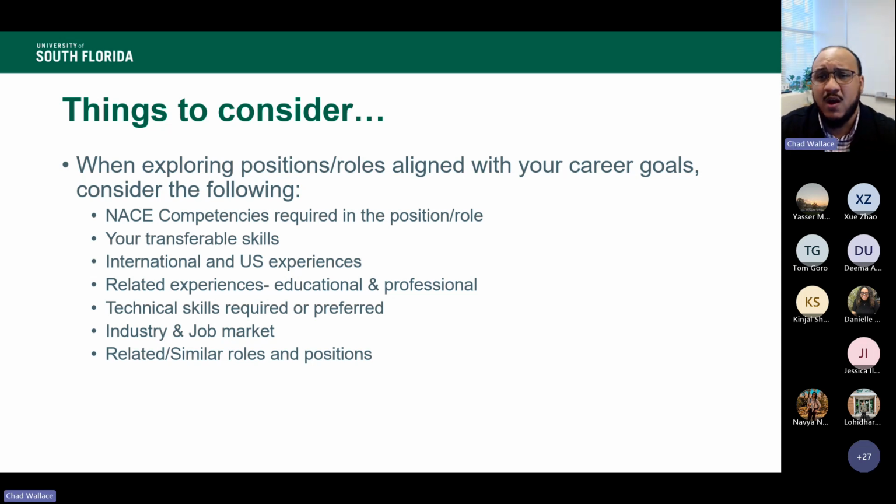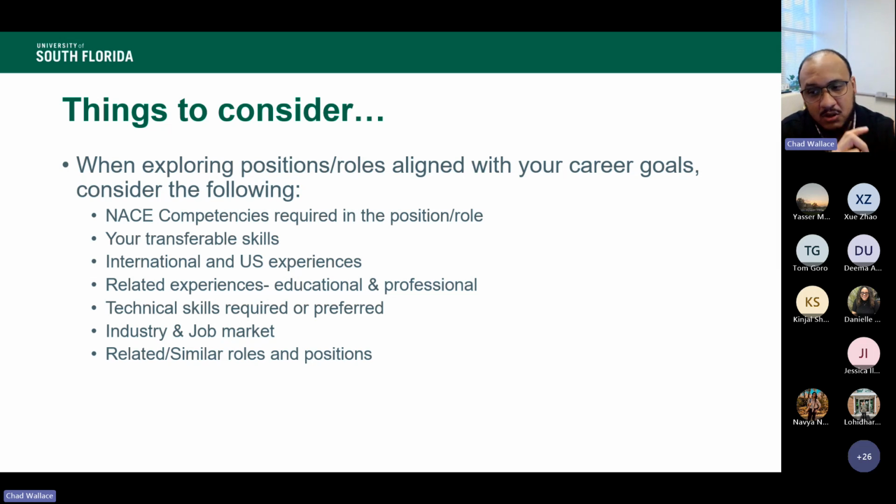What are the technical skills required for that field? What's the technology that's required for that field, right? Required or preferred, okay? There's a difference between required and preferred, right? Required means that you must have it to be eligible for that role or be seen as a valuable candidate. And preferred just means that you don't necessarily need to have it, but it can be complementary, it can be